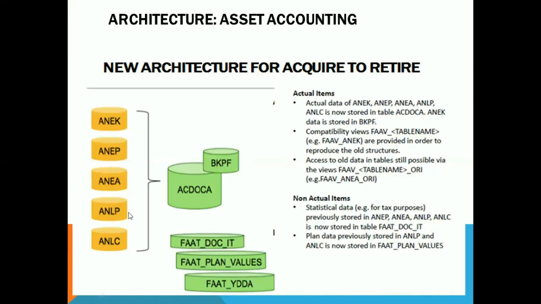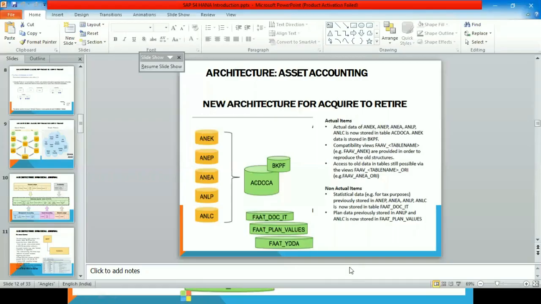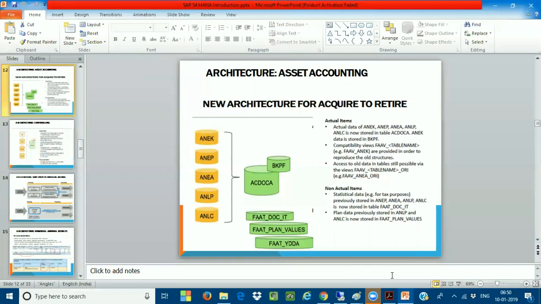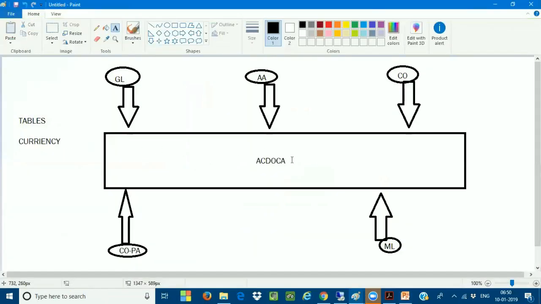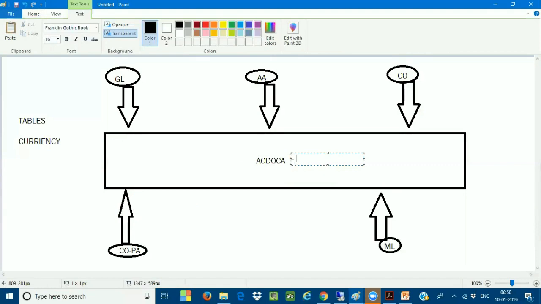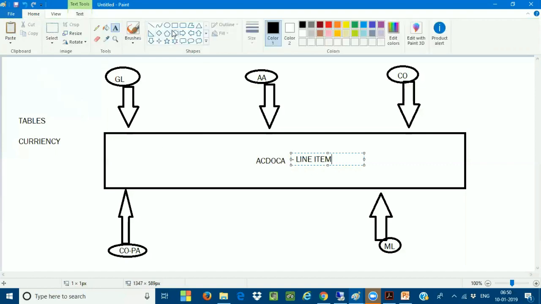Now what SAP has done, it has brought only one header table. We don't have any other header tables, my dear friends. We have only one header table on the top of your ACDOCA table. If you see, ACDOCA is called a line item level table. All the debits and credits, everything you can see over here. On the top of this, for all these components, we have only one header table. That header table is called BKPF. BKPF is the only header table.